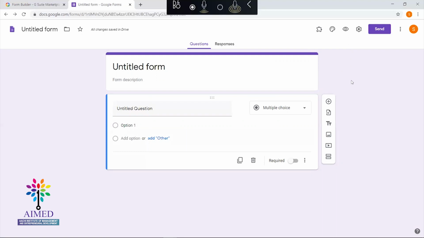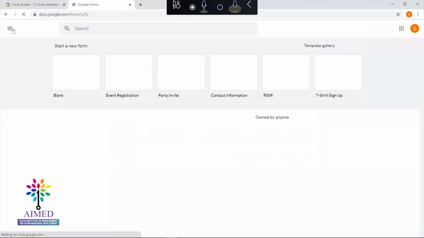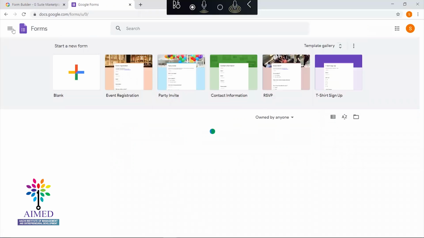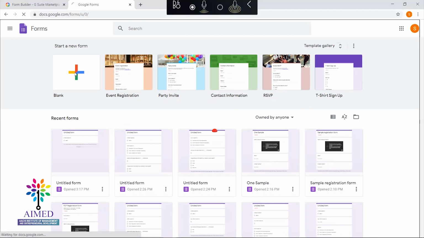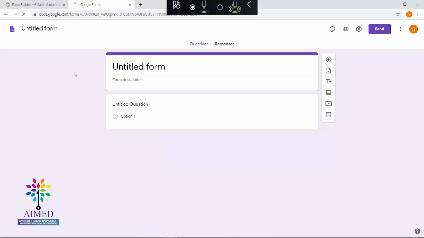I hope everyone remembers that. So to refresh it, I'll just create a new registration form to show this Form Limiter add-on. Okay. So I'm going back. I'll click on start a new form.